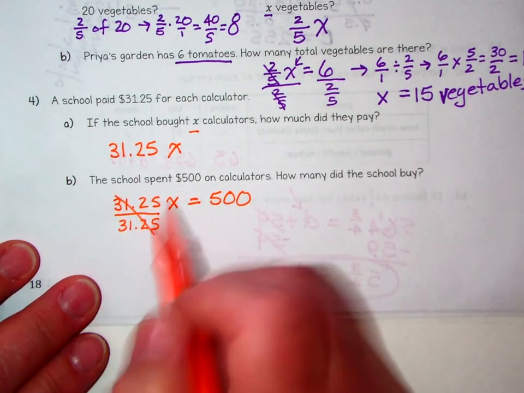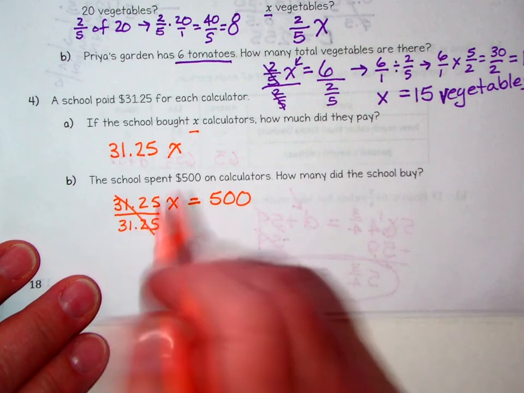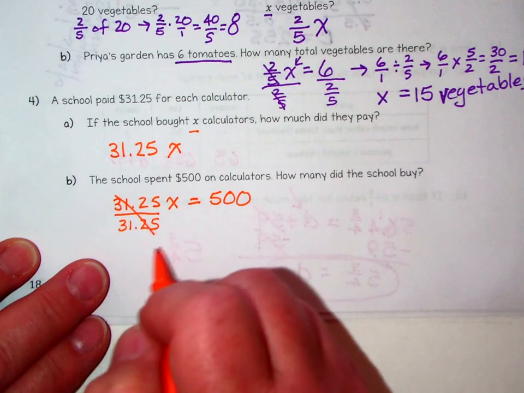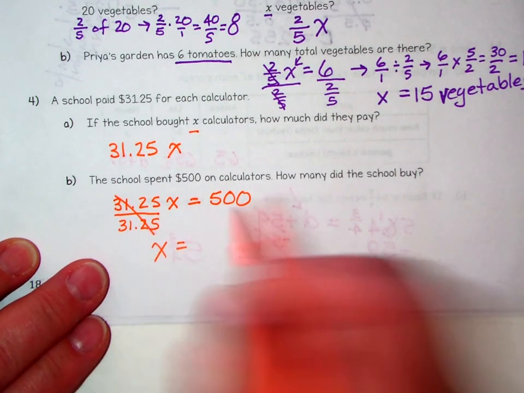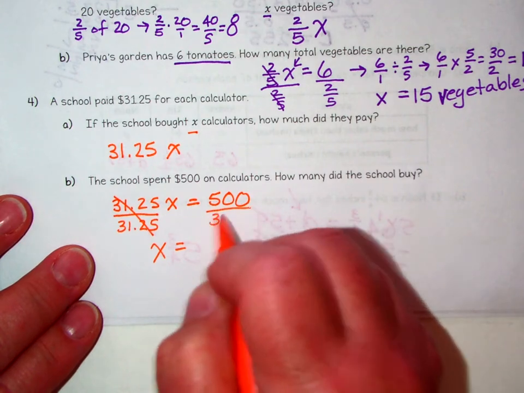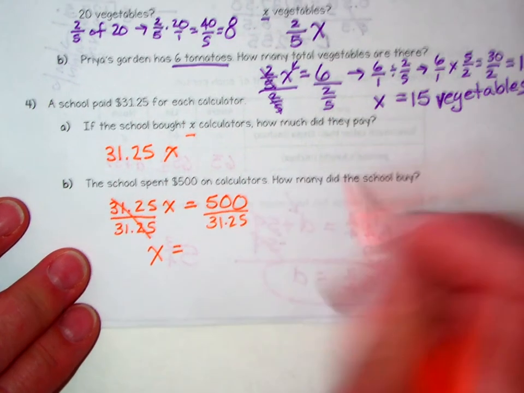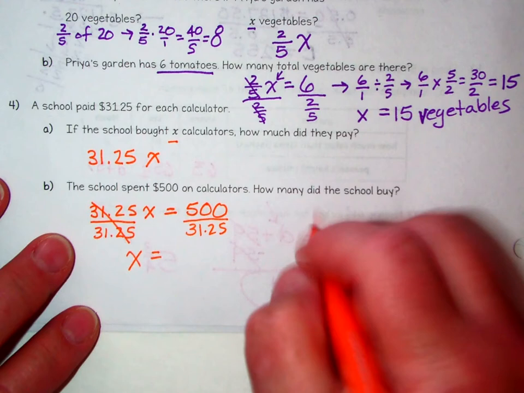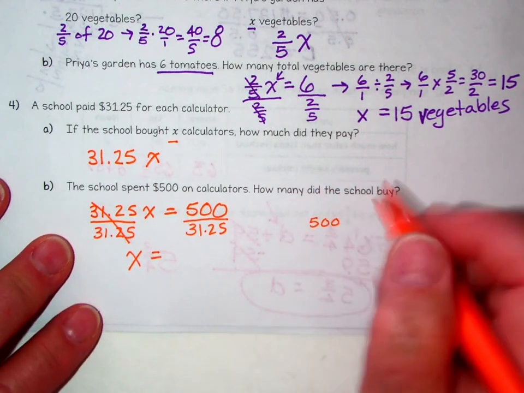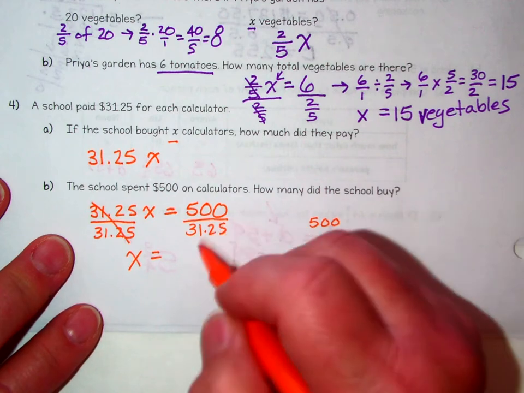So on the left, it's easy because 31.25 divided by 31.25 is 1. So I'm left with 1x. On the right, it's a little trickier. I still have to do the same thing to both sides of the equation, but this is leaving me with a kind of tedious division problem I have to solve. So I would do 500 divided by